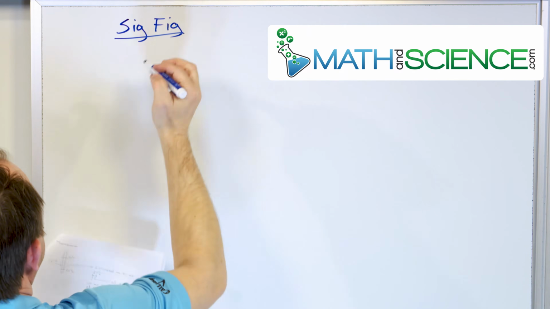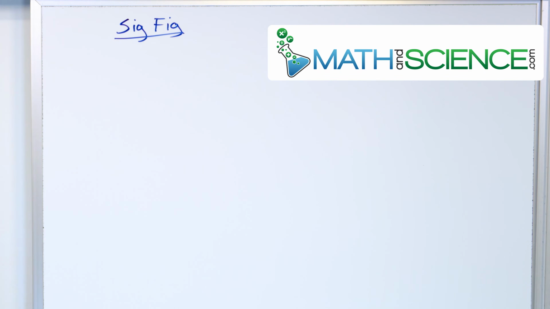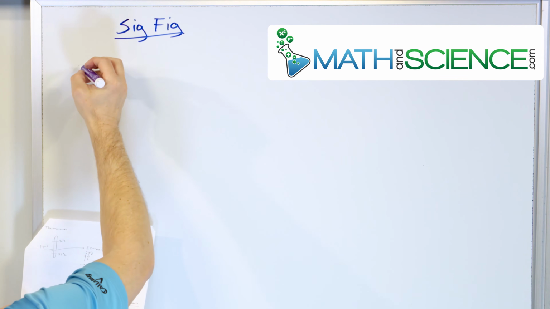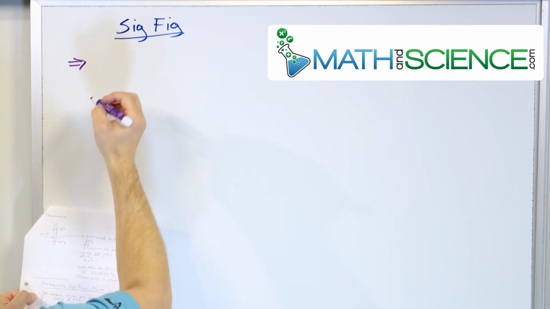All right, the rules look like they're hard, but actually they're not. Okay, let me show you the easiest way I know. Okay, if I give you a number, so I'm going to put like a little arrow here for the first little rule. If I give you a number